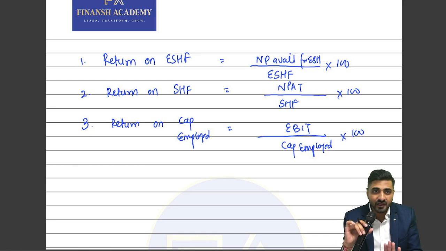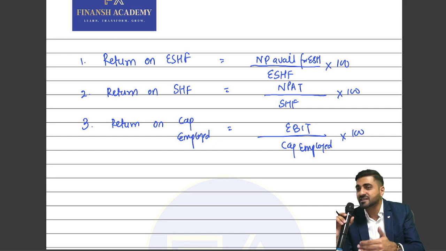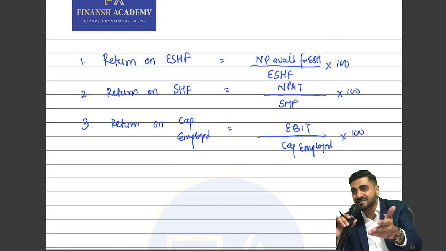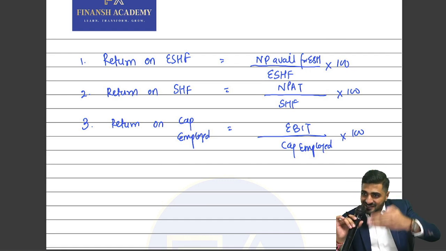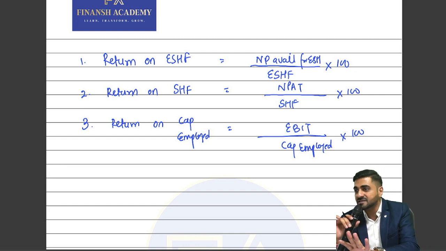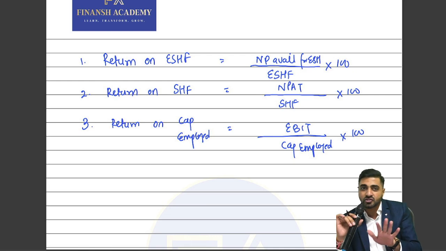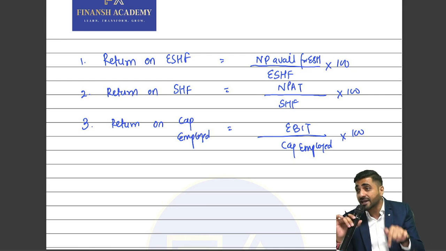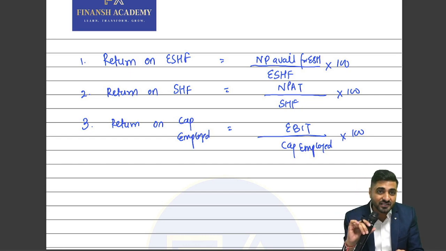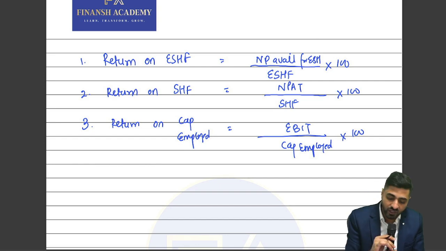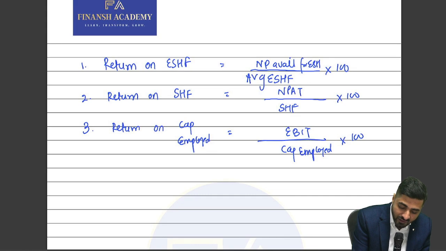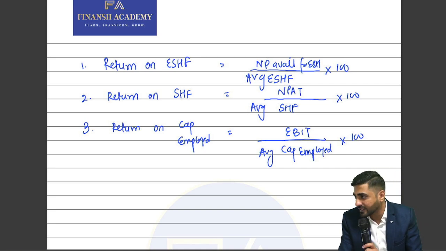Generally, these return ratios are always calculated on the closing capital by the end. Suppose you want to invest in Reliance, you will take Reliance's closing balance sheet and check the returns on that basis. Practically it is also closing, but theoretically and conceptually it's a mixed ratio. If they tell you to use average, then should we take average? Yes, only if they say average. Theoretically, I will write down average here, but practically, only if I have to.